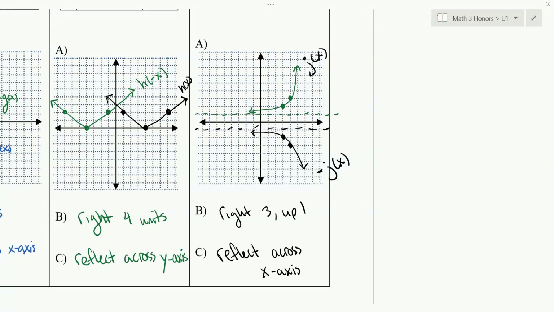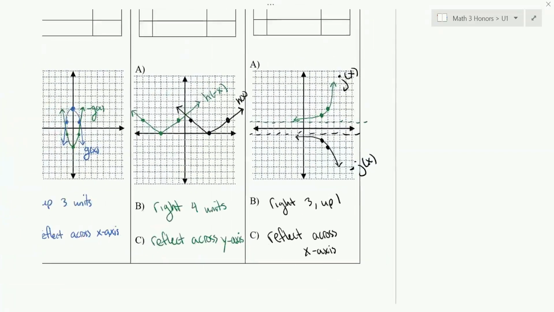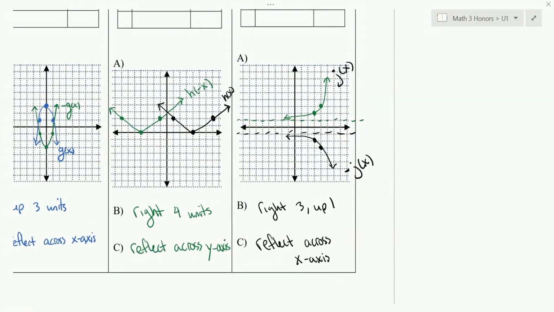Any questions on the graphing come up? Can I go on to the next one? Anybody copying this down? So,